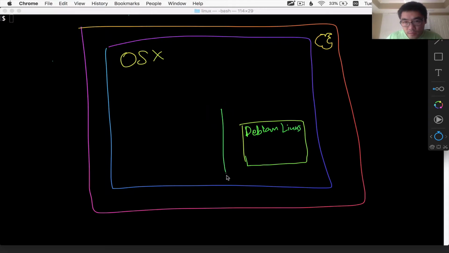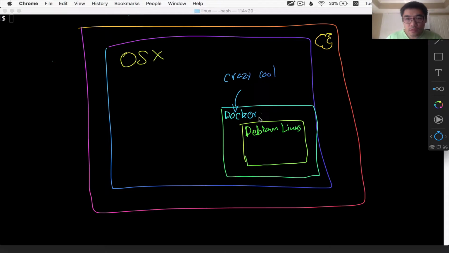But the thing that's making that work is this crazy cool technology called Docker that makes this happen, that allows you to run a Linux inside of your OS X or Windows, because Docker also supports Windows now.